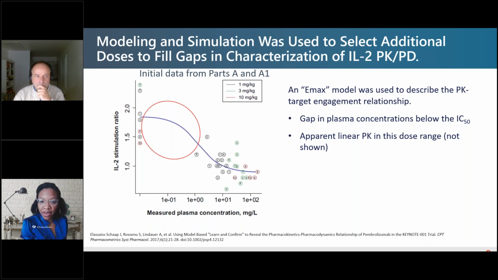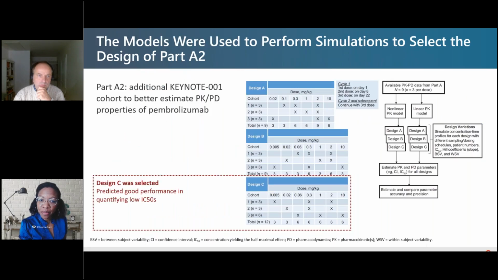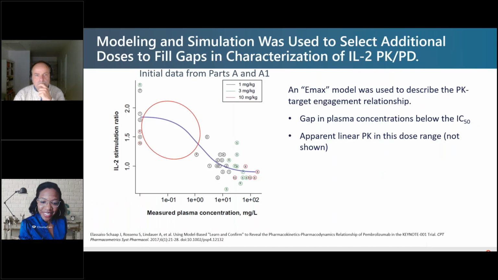It's not shown here, but the PK of pembrolizumab appeared linear across this dose range, although there were some hints of non-linearity. A population PK model was developed for pembrolizumab using the data collected from Part A and A1. Now the plot on the left shows the